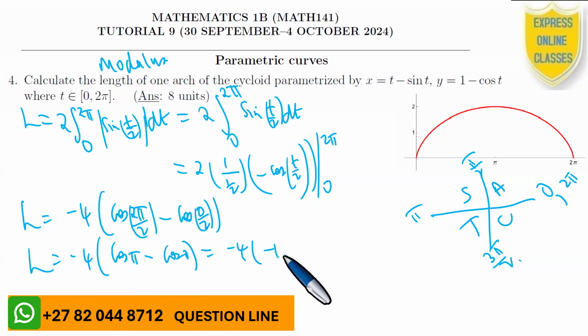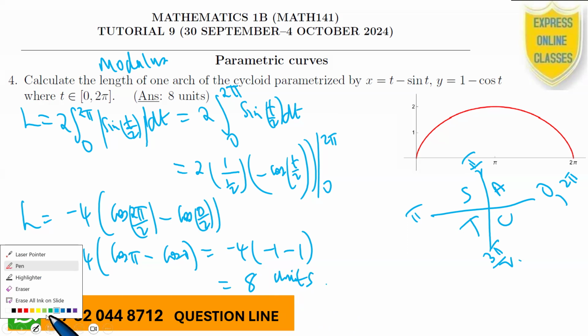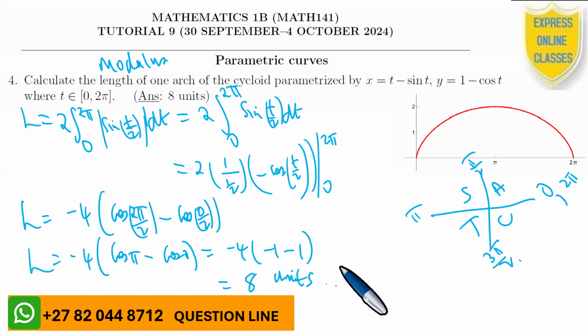What is cosine pi? It's minus 1, minus 1, minus 2, times minus 4 gives us exactly 8 units. These 8 units, therefore, are the answer we want, and this is the length of one arch of the cycloid